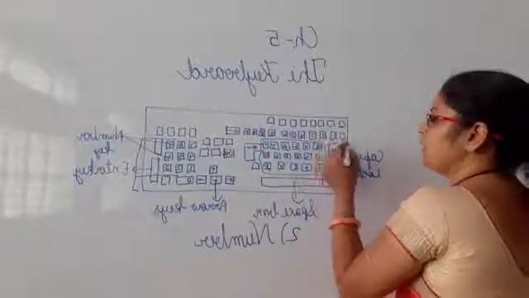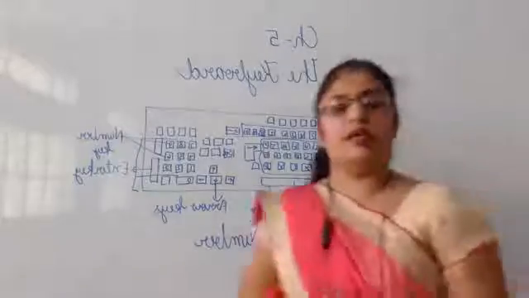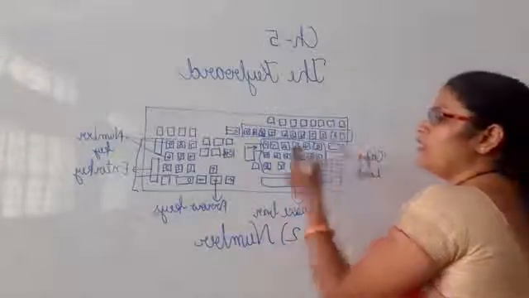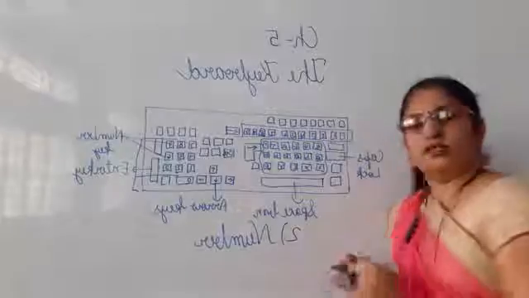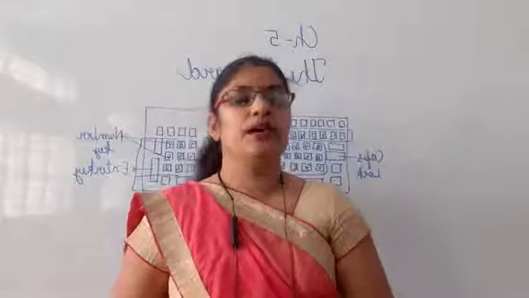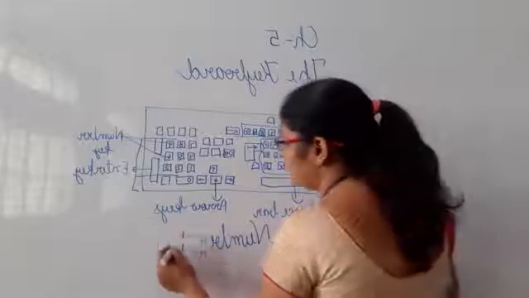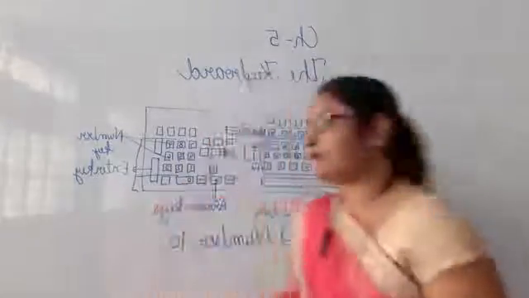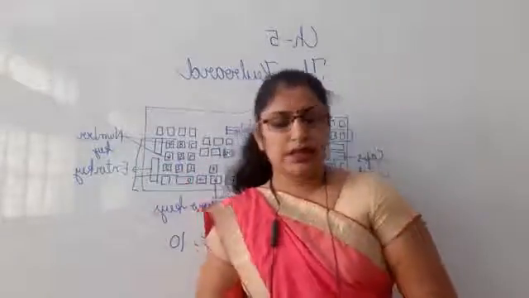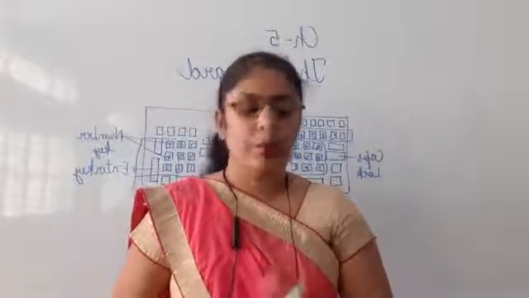Along with it we can see the numbers also here. So on the keyboard we can see the number keys in two places: either on the line at the top, or on the right side of the keyboard. So how many number keys does a keyboard have? 10 number keys on the keyboard, 10 on the upside and 10 on the right side. These are also called number keys or numeric keys.